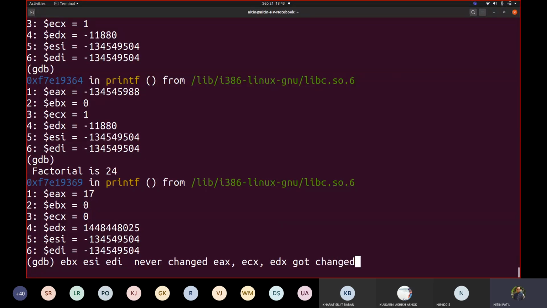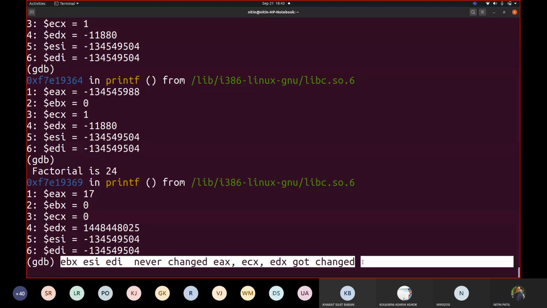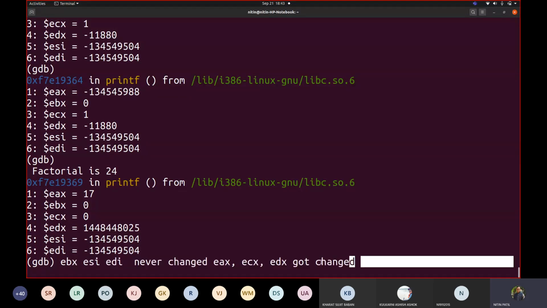Now why is this so? It is because of your call. Whenever you are executing a call function, note it down somewhere, you can record it. Every call will change the registers EAX, ECX and EDX after execution of the call instruction. These values will get manipulated. These values will remain as they are: EBX, ESI, EDI. This is a really important scenario that you have to see.